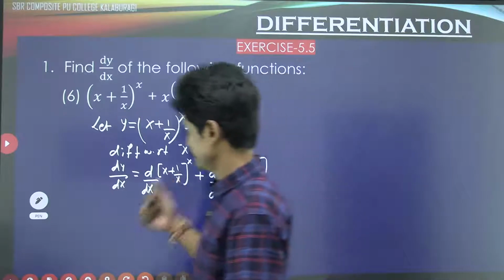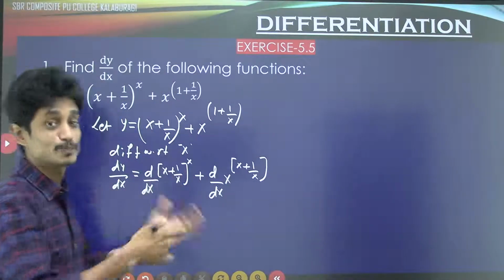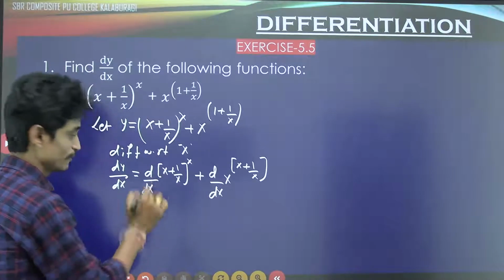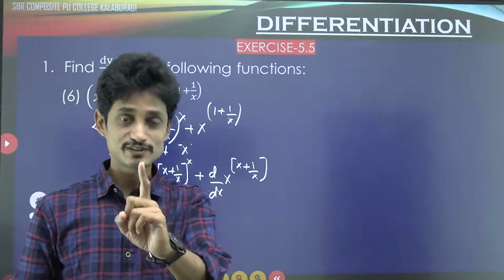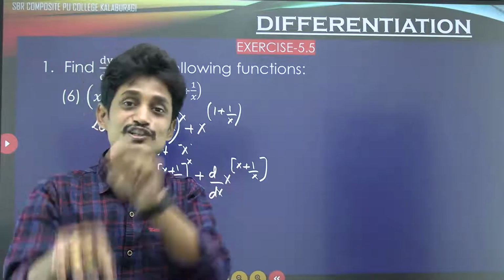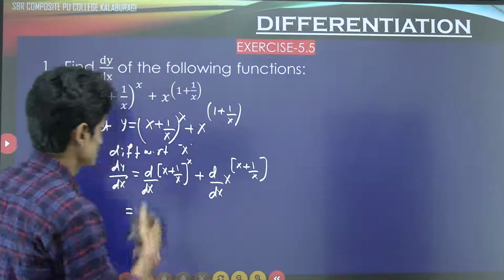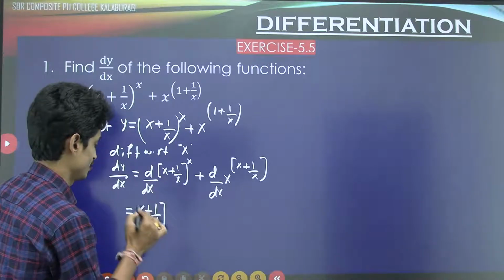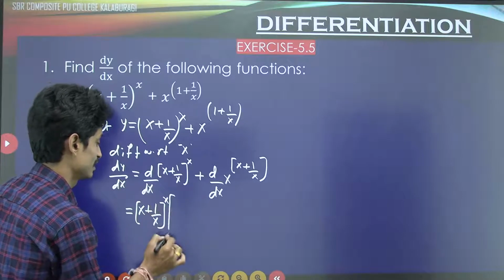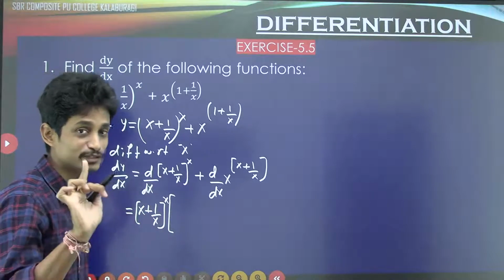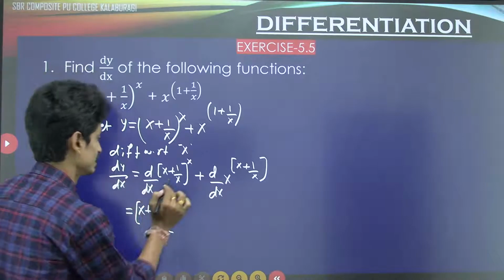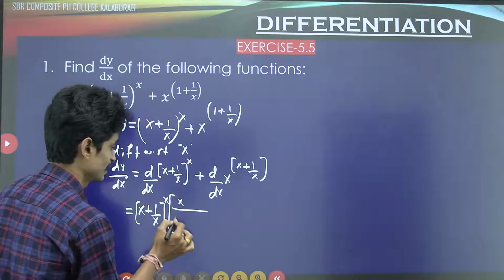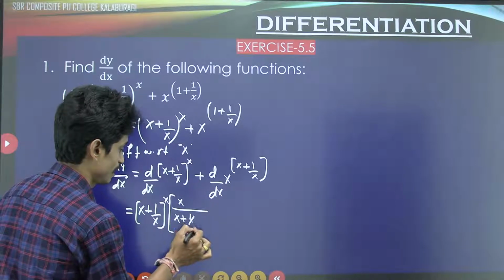Yes, very good. And let us take this is of the form of u power v. According to u power v, we can continue. Now, u power v means the first suggestion will be, neatly we have to arrange in that standard form. What is that standard form? Outside as it is x plus 1 divided by x whole power x. कुछ भी गलती नहीं करने का, इधर सब्स्टिट्यूशन तो करे तो एक मार्क्स तो मिलेगा हमारे को, राइट? इधर पावर जो कितना है एक्स, जो बेस कितना है एक्स प्लस 1 अपॉन एक्स